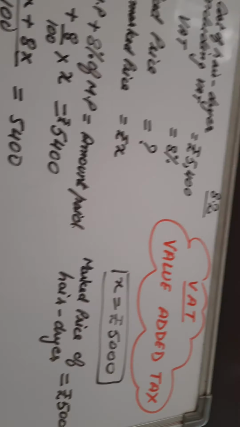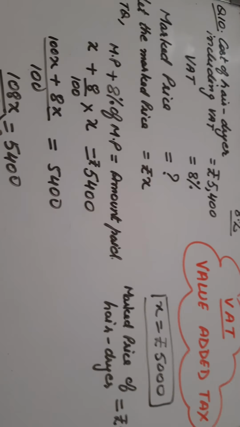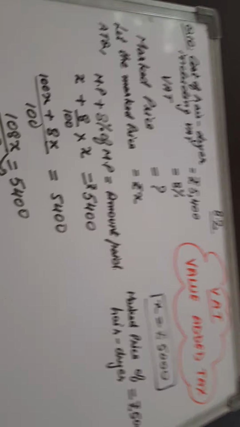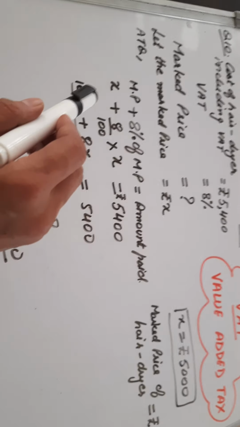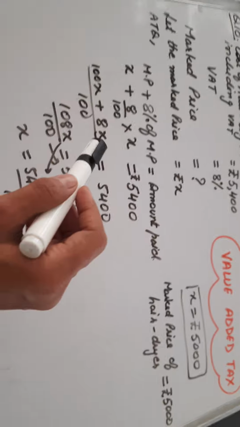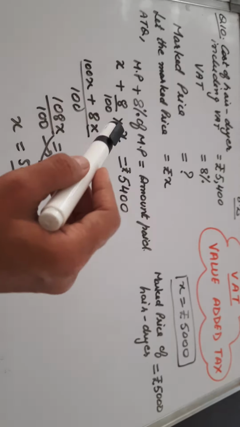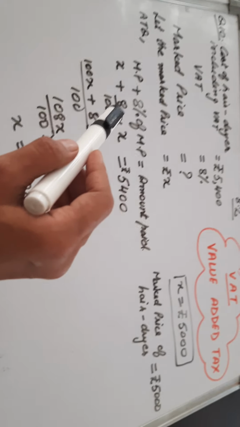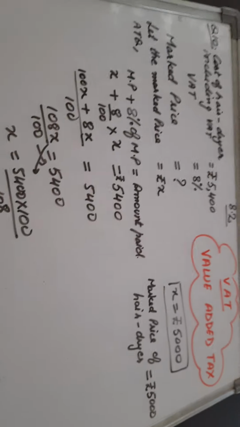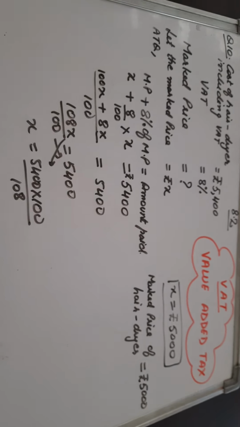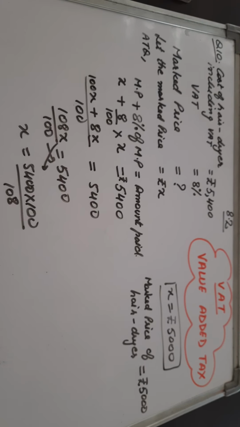So in this way, dear students, you have to solve the question, right? So just remember, if it is a tax, we have to add it in the marked price. If it is a discount, we have to subtract it from the marked price. And percentage never be taken alone. Percentage is always taken of what? Marked price.